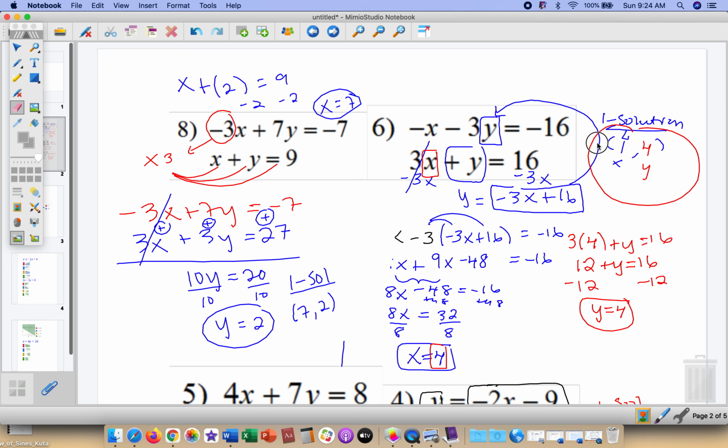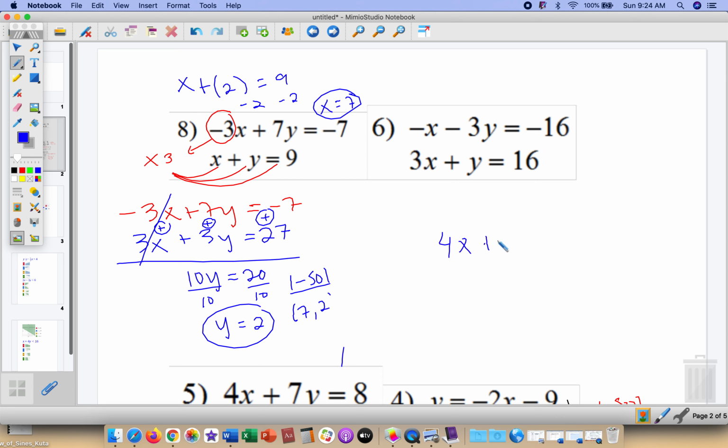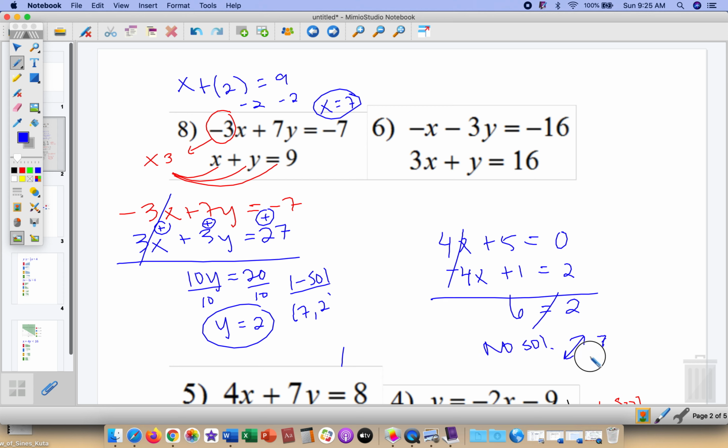Then last thing I just want to point out, these last few problems all had one solution, but just remember as you're going through problems, if for example your variables cancel, like by adding these cancel and you get 6 equals 2. If the variables cancel, not true statement, it's no solution, and that's because if you graphed you would have parallel lines,